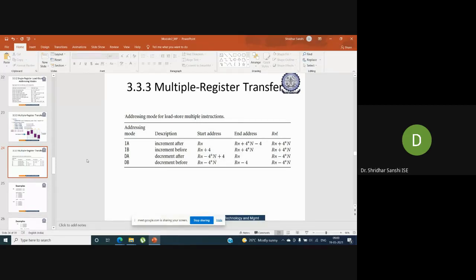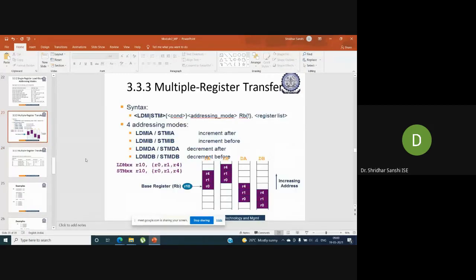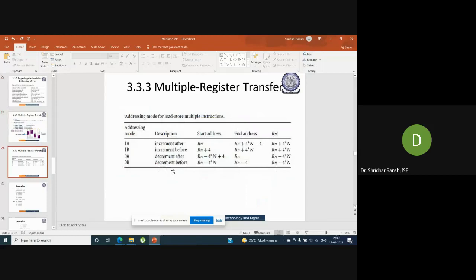In this example we have 3 registers and base address is Rn. So that's why Rn minus 12 plus 4, it is Rn minus 8. So that will be our starting address, and end address will be Rn.